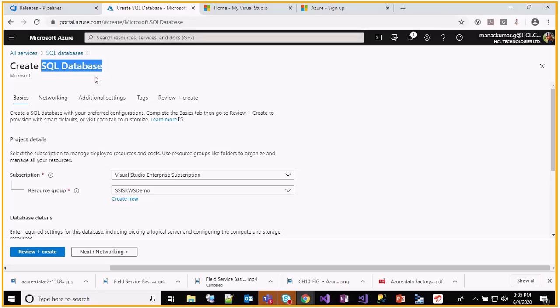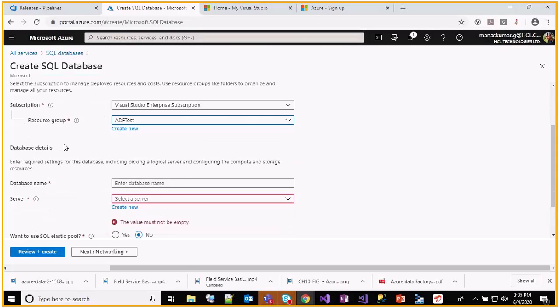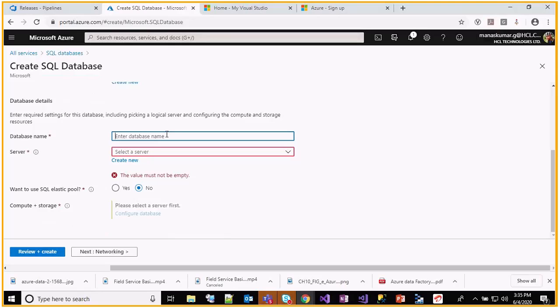Before creating a database, we all know we should have one server available to deploy this database. So once I select the resource group, ADF test, and database, I will be creating a sample database. This sample database should have one server to host it.